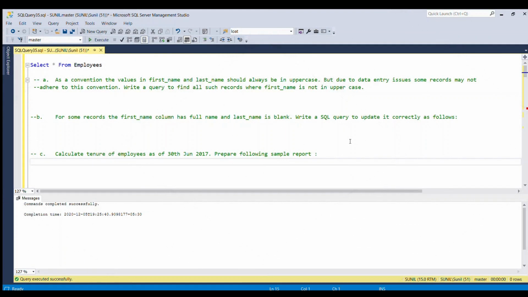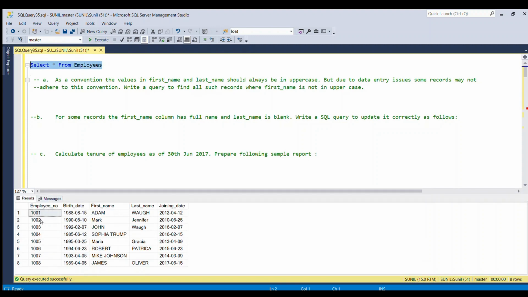So there are 5 questions and I'm going to solve those 5 questions one by one. First I'm going to start with the first question, where I have to write a SQL query to find all the records where first name is not in uppercase. Before writing, let's see our input table once again. So I'm going to fire this select star from employees. So this is our input table, and now I'm going to write the query: select star